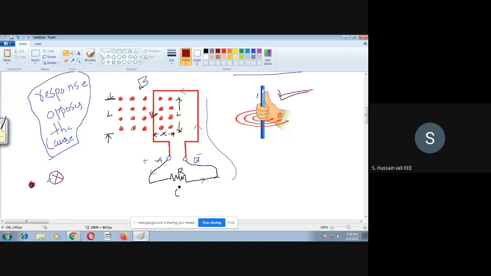Now we will check whether it is cross or dot. So how do we know the direction of the flux on this side? Let me take this side as the K side, whereas this side I will take as the L side. On the K side, the direction of the current you got is downwards.